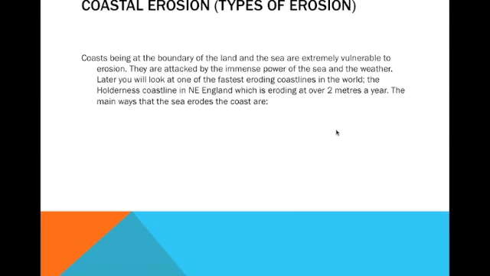So, coastal erosion. Coasts, being at the boundary of the land and the sea, are extremely vulnerable to erosion. They are attacked by the immense power of the sea and the weather. Later you will look at one of the fastest eroding coastlines in the world. Actually, you won't. I'm not using that case study, I'm using a different one. But anyways, the main ways that the sea erodes the coast are